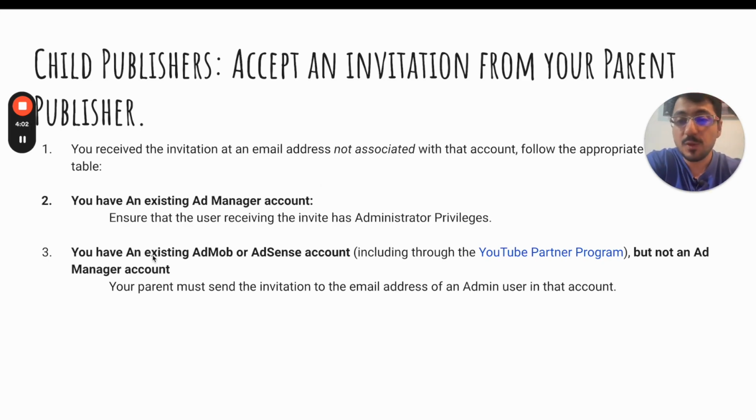Now if you have an existing AdSense or AdMob account but not an ad manager account, your parent must send the invitation to the email address again for the admin user. Even for an AdSense account, it is mandatory for them to send the invitation to admin users only. Once we are done with this, if you have an ad manager account, it's pretty straightforward. You can go ahead and start accepting the parent publisher's